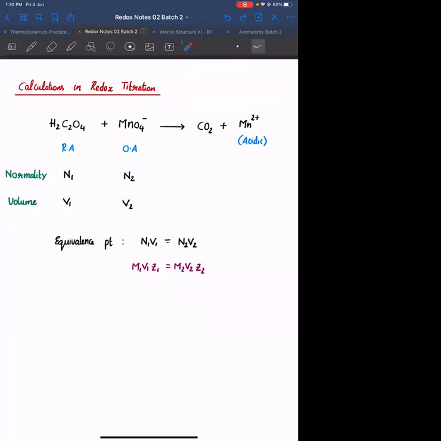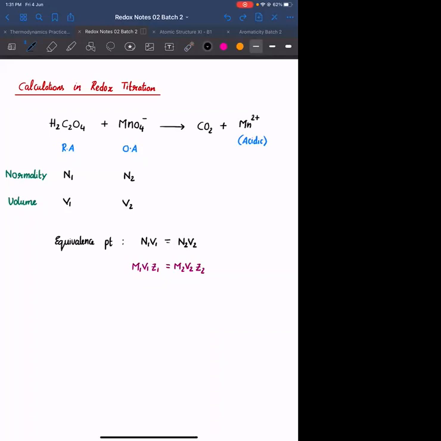Always you need to add indicator only few drops, only one drop is sufficient. If you are adding more drops, what will happen? In order to have the color change, you need to add more and more amount of KMnO4 or the oxidizing agent. जितना ज़्यादा ऐड करेंगे, ये जो वॉल्यूम में एरर उतना ही ज़्यादा हो जाएगा ना. So while performing the titration, you should be very, very careful. You need to add only 1 to 2 drops of indicator, and you need to introduce the opposite solution dropwise through burette. Is this clear?